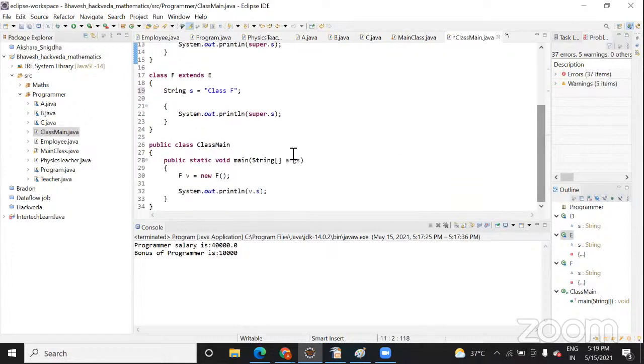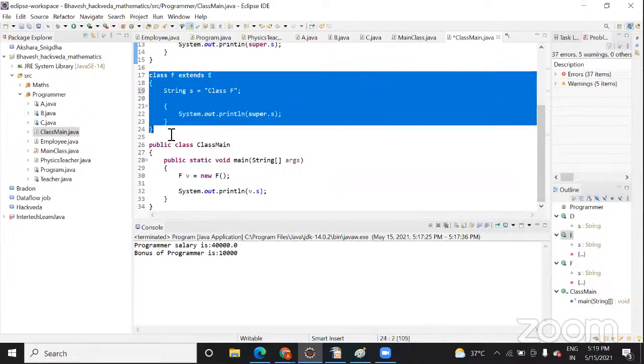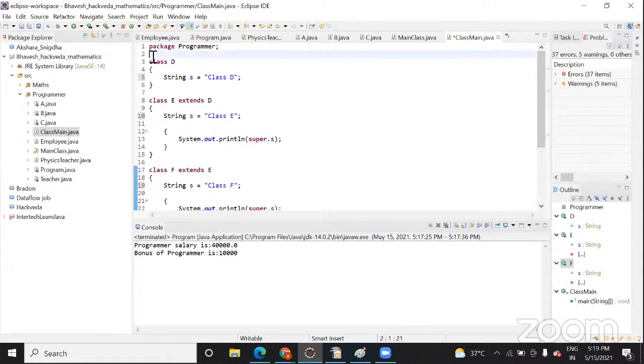Then I have created another class, main, and I have created an object. Whenever you create an object, you create an object of which class? The last class. Why? Because this class inherits the previous two classes. It's a multi-level inheritance example.